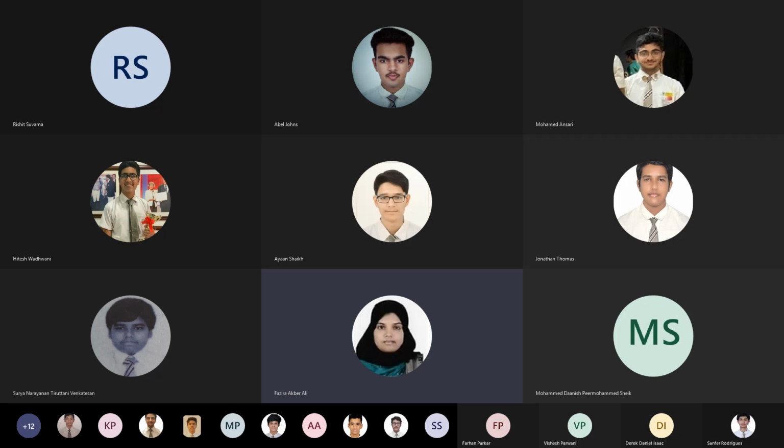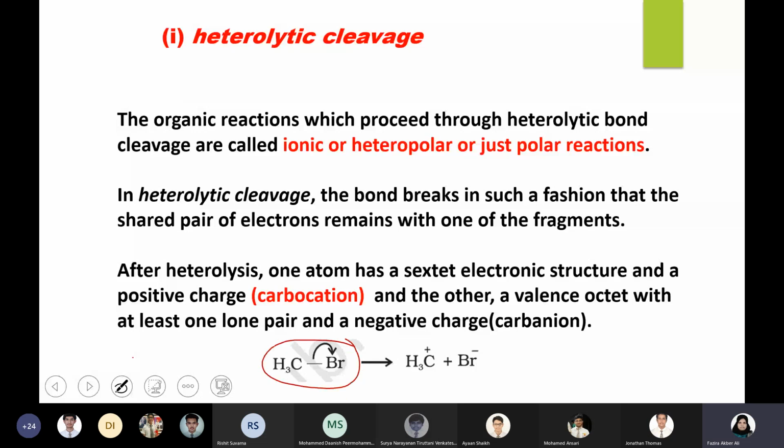You can see in the example given, CH3Br, which is bromomethane. After the breaking of the bond between CH3 and Br, the bromine gets the advantage of both the electrons of the bonded atom, that is given to bromine, and CH3 will not get any electron, that is why it has a positive charge. So heterolytic cleavage is